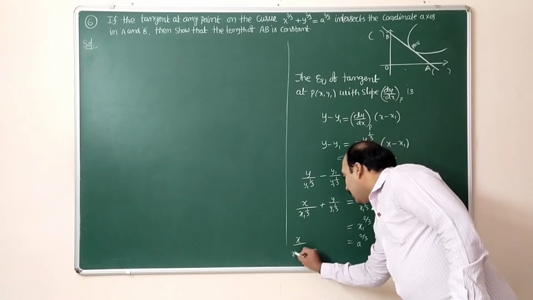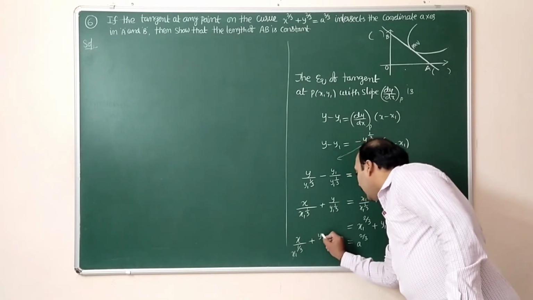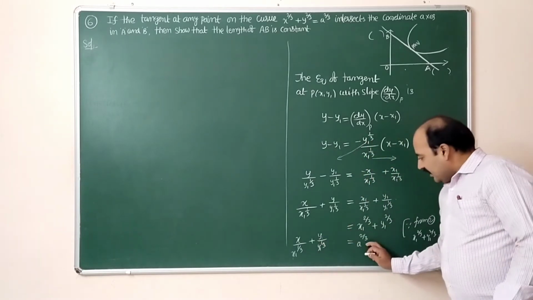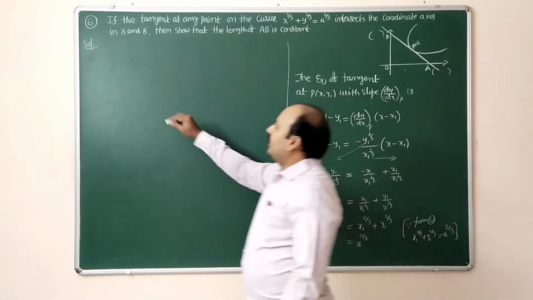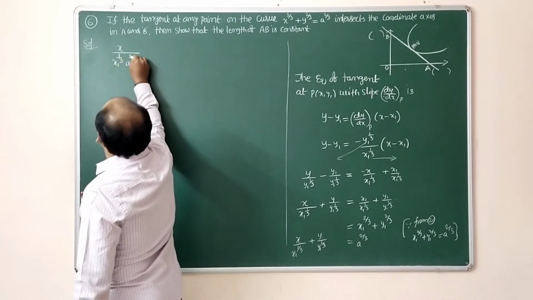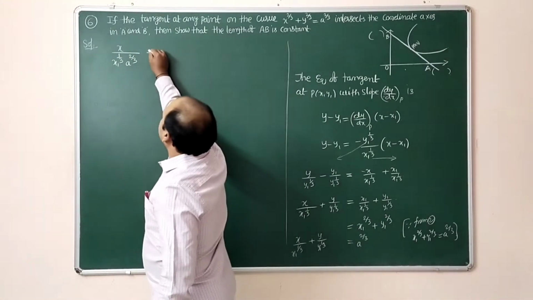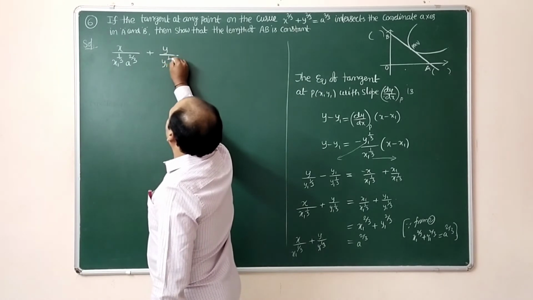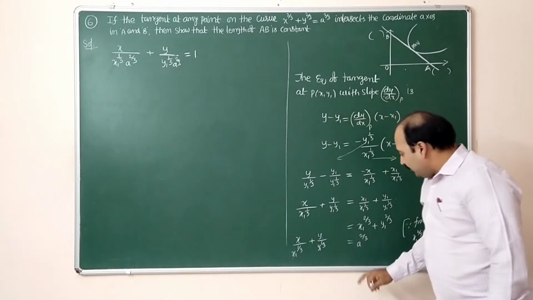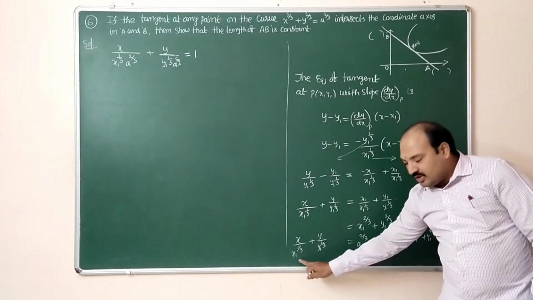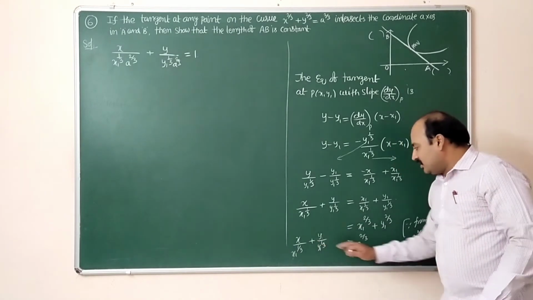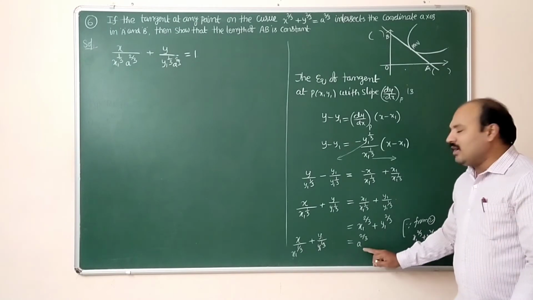So x by x1 power 1 by 3 plus y by y1 power 1 by 3. In the next step, this value we are taking into the denominator of this one. Here I write x by x1 power 1 by 3 into a power 2 by 3 plus y divided by y1 power 1 by 3 into a power 2 by 3, which is equal to 1. So observe carefully. This a power 2 by 3 value I am taking into the denominators of this LHS side. So here it will be 1. Otherwise, dividing on both sides by a power 2 by 3 simply, here we will get it as 1.